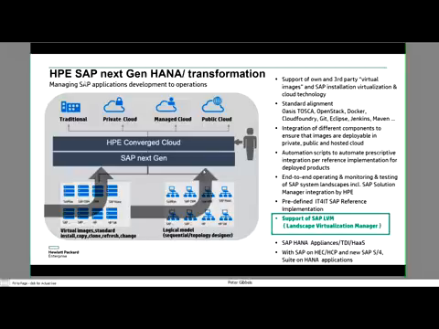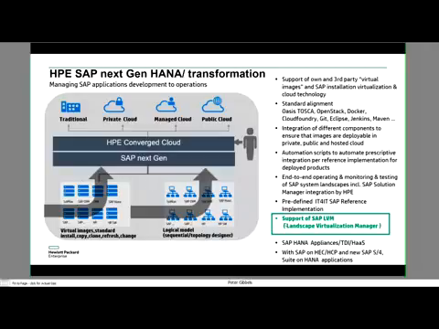We are working with SAP and within Hewlett Packard Enterprise on different topics, as you see here on the right, addressing all these transformation areas. We help with the automation piece to bring customers from traditional environments to private, hosted, and public clouds. In doing this, we work hand in glove with SAP, also on new tooling.